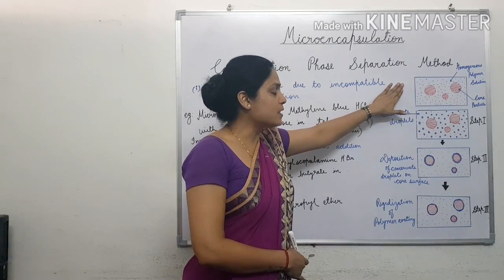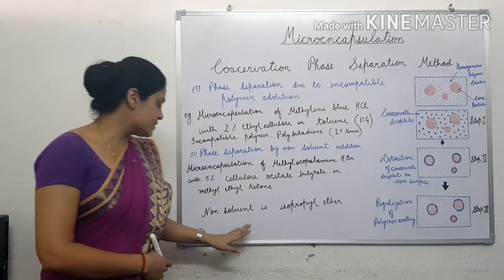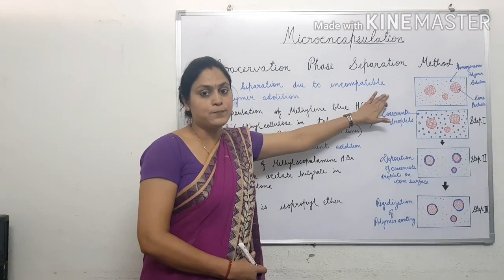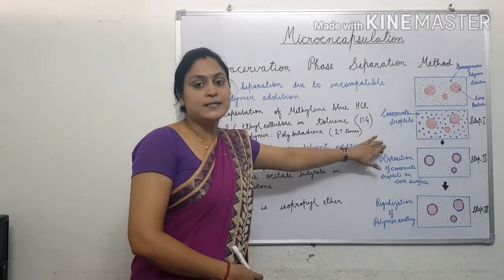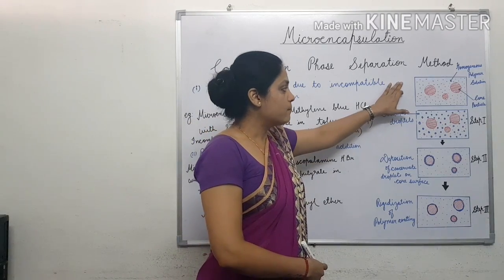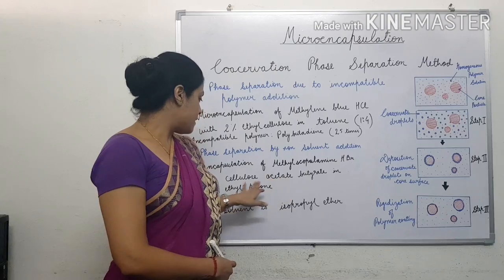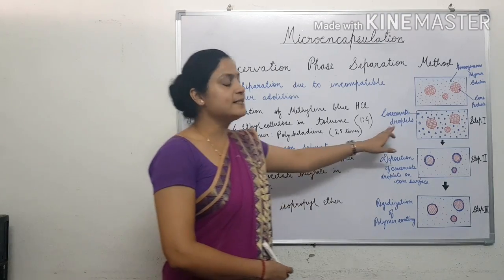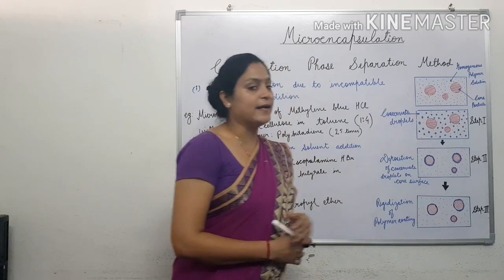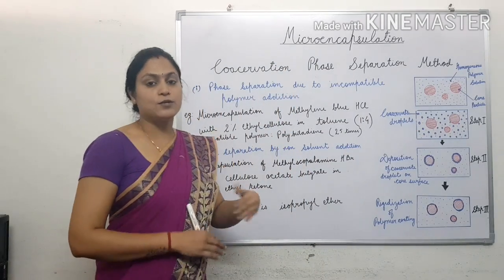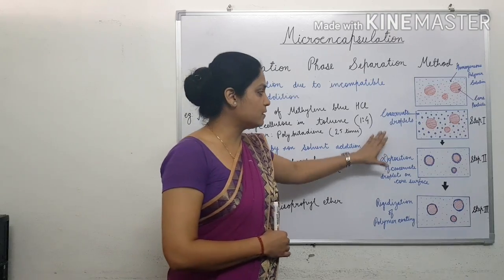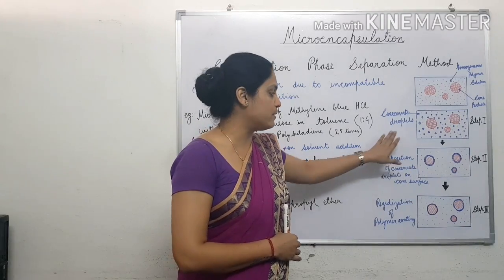Now a non-solvent, which is isopropyl ether, is added to this system and the temperature is reduced. By the addition of the non-solvent, the polymer, cellulose acetate butyrate, starts separating out of the system and forms coacervates, which follow the same procedure as we have studied previously. Next deposition of the coacervates will occur,